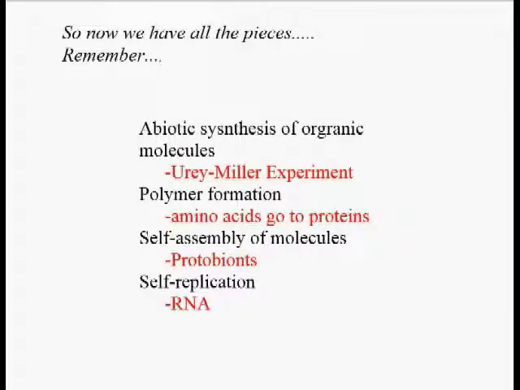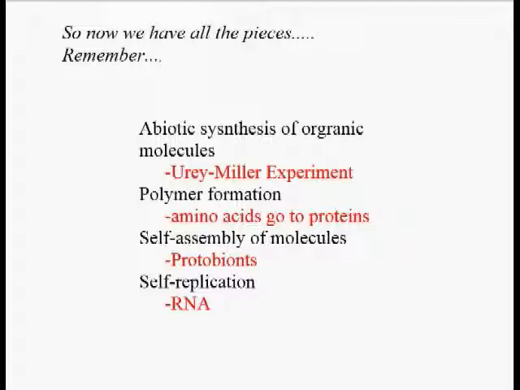So now, once Oparin has given us his theory, we have all the four pieces that we need to say that it's possible that life could have spontaneously happened on the planet Earth. So let's just quickly review them. This is abiotic synthesis of organic molecules. That is, organic molecules could have come from inorganic sources, and we saw that in the Urey-Miller experiment, where they